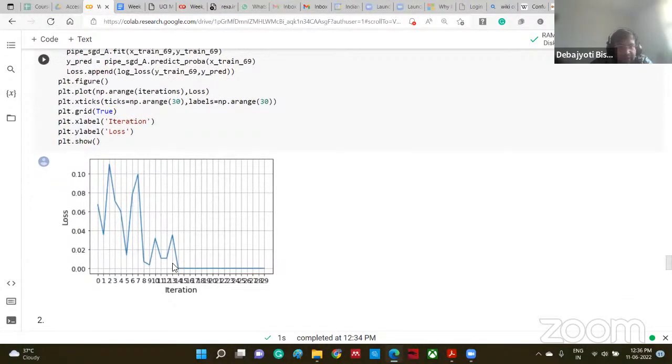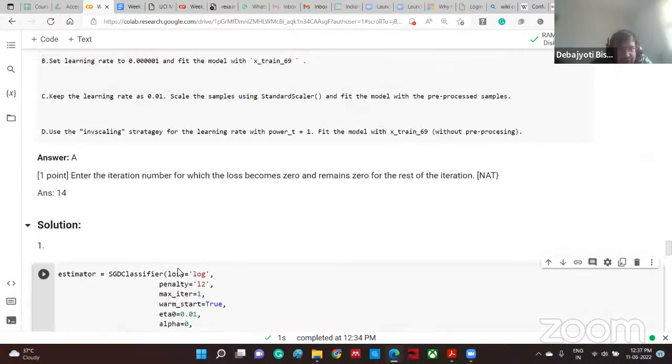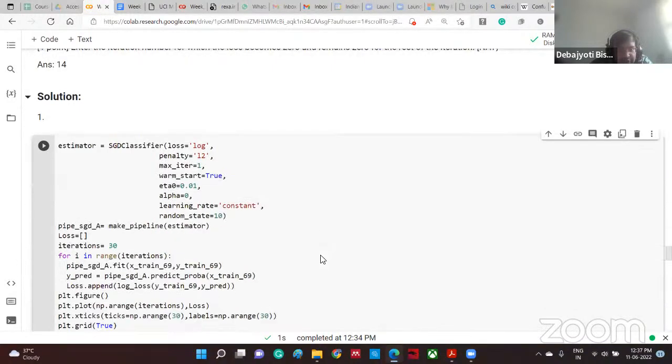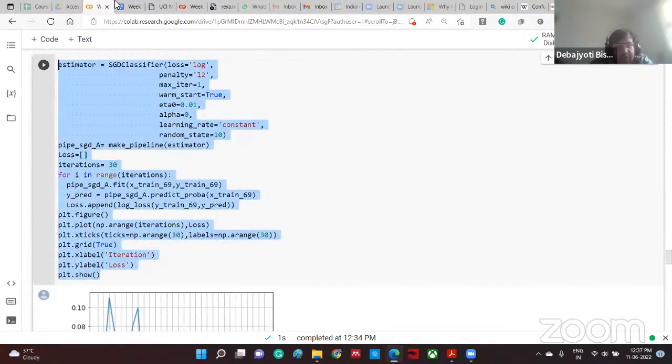Yes, so we can see that here after 10, 11, 12, 13, 14, at 14 you can see that the loss becomes 0 and remains 0 for the rest of the duration, right? So if we just plot here,